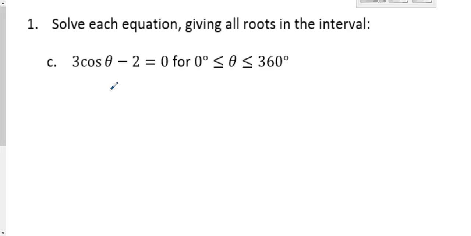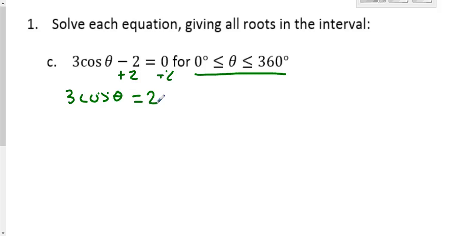Okay, next problem, number 1C. Looking at this problem, our answers, we need to look between 0 and 360, and our equation, we need to get to a place where we can do cosine inverse. So the first thing that we need to do is add 2 to both sides, because we need to get that cosine alone. So we'll have 3 cosine theta